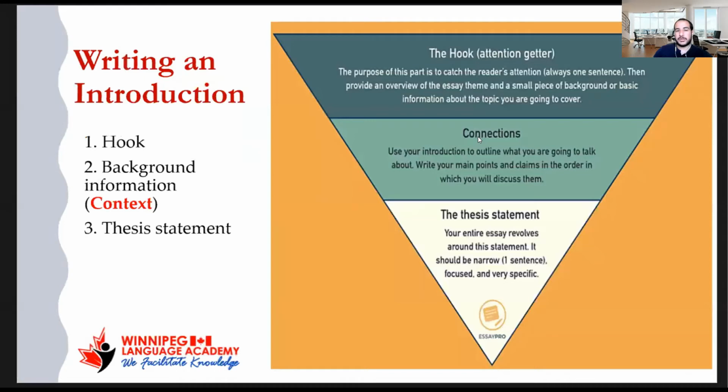So the hook is, if you look at the introduction, the hook comes in the very, very beginning. Then you go to connecting information, but now we're talking about a thesis statement. So these are the 3 main parts of the introduction. A hook can be a question, that's fine. Background information is 1 or 2 sentences just to link the hook to the thesis. The thesis is the main idea. Your entire essay revolves around it. It's the core that the reader will be reading about later on in the body paragraphs. Okay? Yeah, thank you. All right. Thank you so much, Ahmed. Now we have another